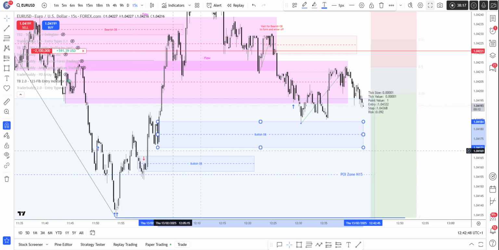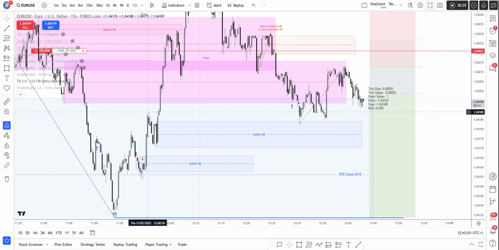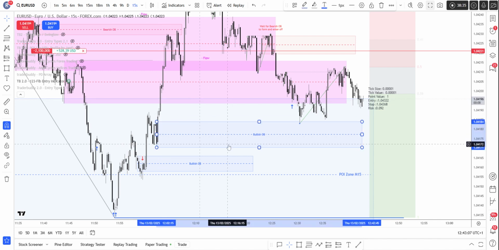on the 15 seconds, because this was a mitigated POI zone, or actually it was a bullish order block, because we took out the low, took out the high, and it is the down candle, and we have a fair value gap. So this is a bullish order block and not a POI zone. Well, a bullish order block is also a POI zone, but